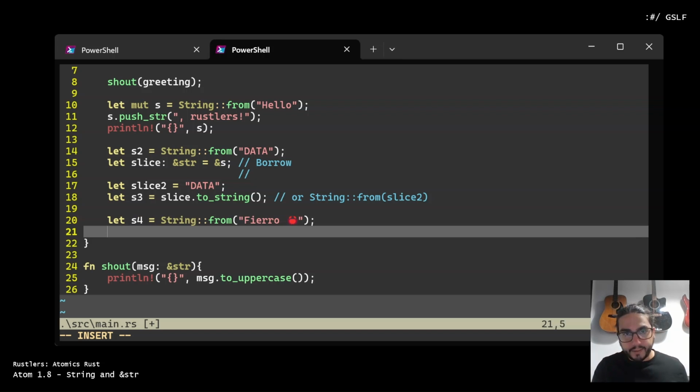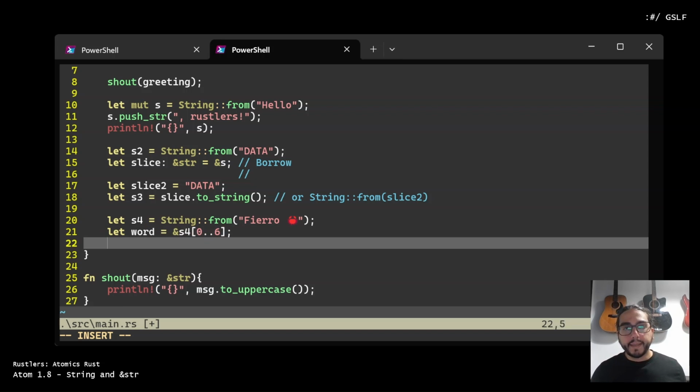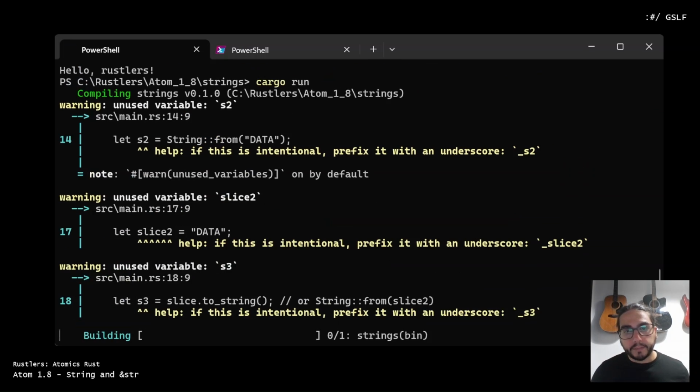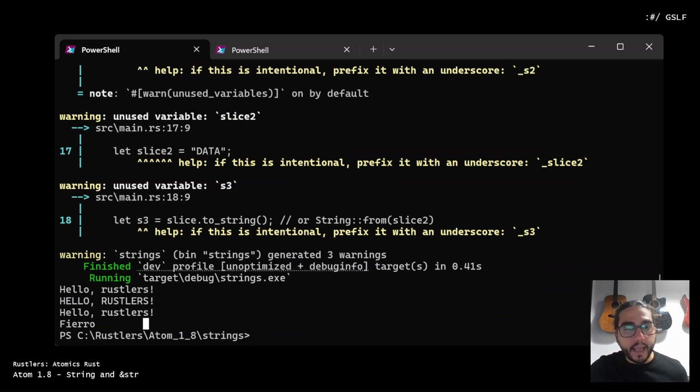Now I can slice the string. Let word equal to s4, range from 0 to 6. Okay. And I can print this slice. So println word. Okay, let's give a try to all this code. Okay, as you can see, I have only Fierro,